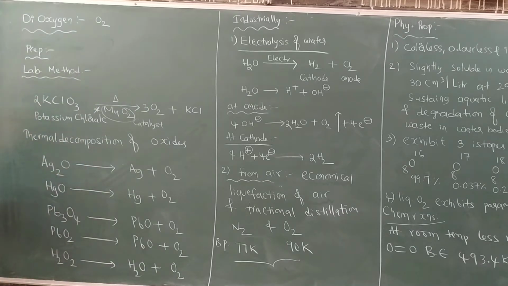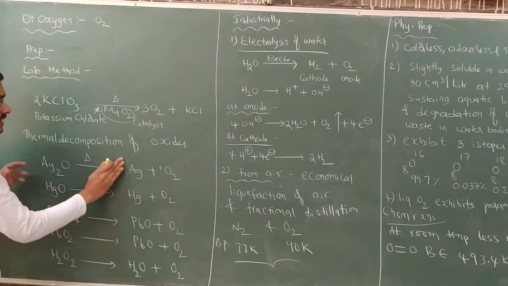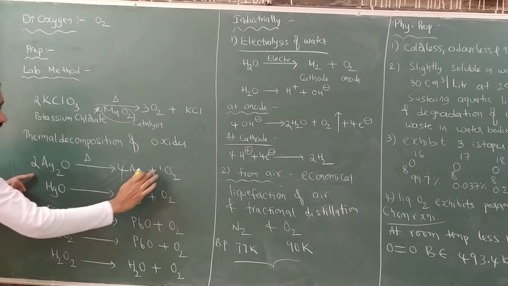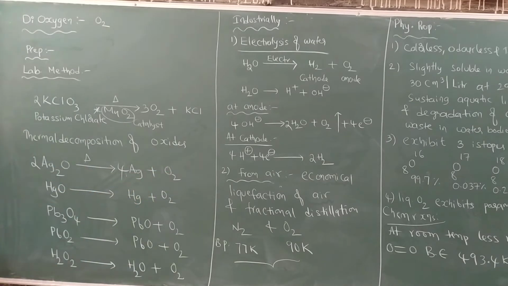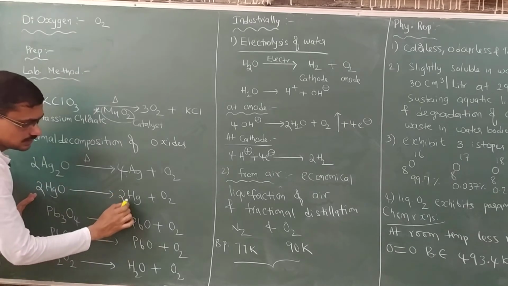Thermal decomposition. Next is thermal decomposition of oxides. That means on heating at high temperature, they undergo thermal decomposition. One converts into 2 molecules. Here on heating, what is happening? Ag2O, silver oxide, converts into silver plus oxygen. To balance this, 2 are there here, so write half oxygen. Otherwise you put 2 moles here, 2 to the 4, put here 4. Here actually 1 oxygen molecule. Mercuric oxide, put here also 2 mercuric oxide, will convert into Hg and O2.